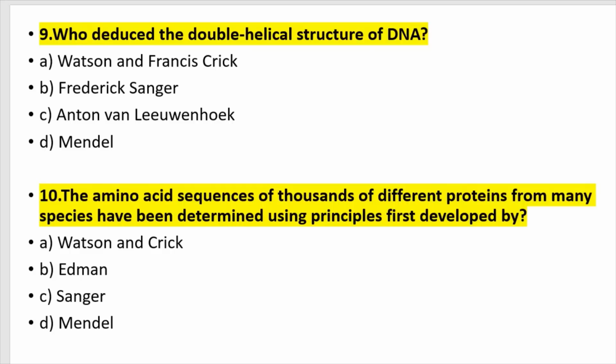Number 9. Who deduced the double helical structure of DNA? This is a first year question. It is Watson and Francis Crick. Number 10. The amino acid sequences of thousands of different proteins from many species have been determined using principles derived by Sanger. So the full name of this scientist is Frederick Sanger. Frederick Sanger. This is the guy who gave us ideas on how to determine amino acid sequences